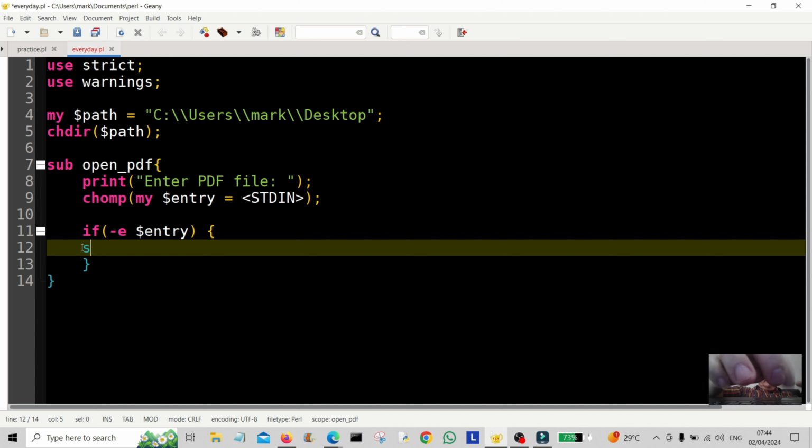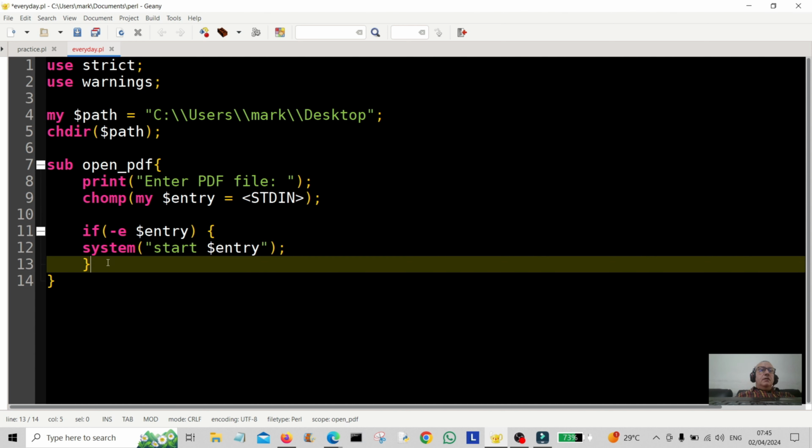So system, and then we're going to put start scalar entry. Okay, so we're going to start the PDF file,